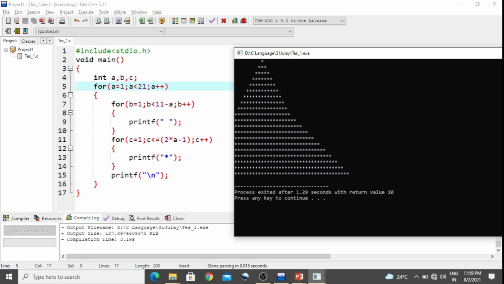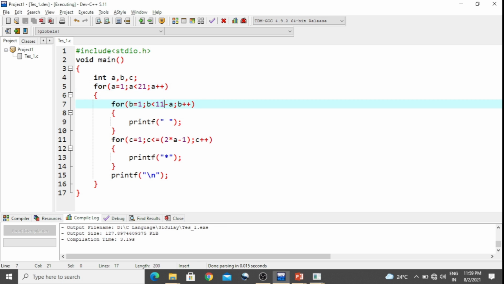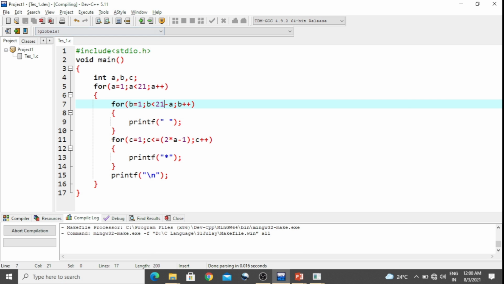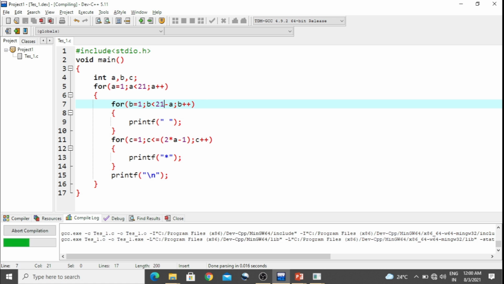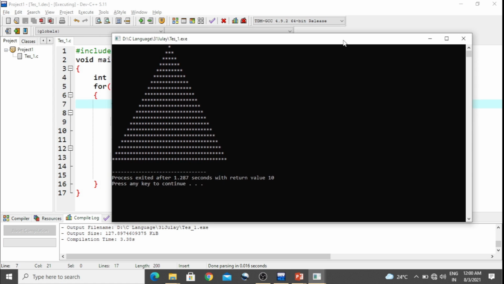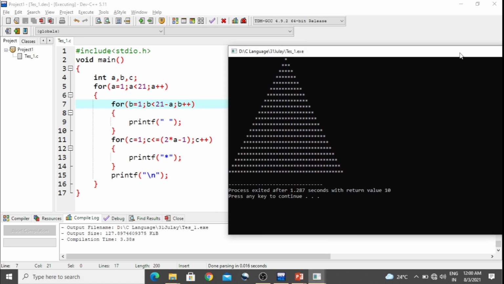So we have to rectify the error that we have caused. We have to change the condition of the spaces as well. Mistakes make your logic strong. Now we see the pyramid has increased. In this way you can do pyramid programming in C language.